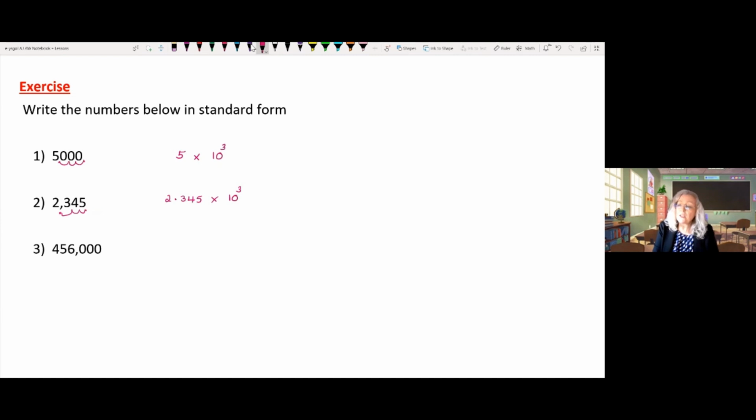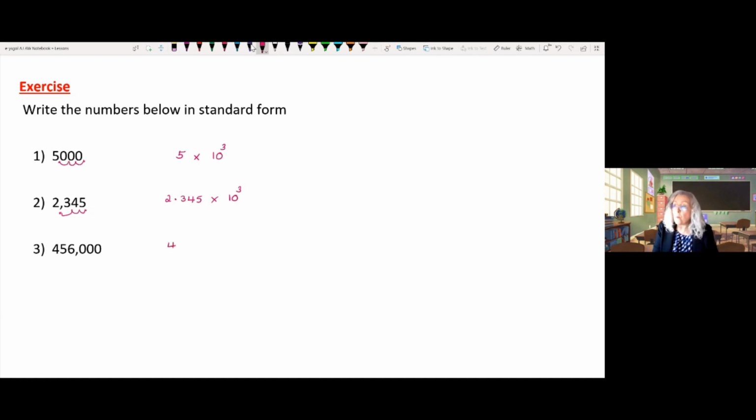Now, notice with this that sometimes people make a mistake and think that you need to count the number of zeros in order to work out what the power would be. But that isn't the case. If you look at this, that did work for the first one. There were 3 zeros and it was 10 to the power of 3. It doesn't work for the second one because there are no zeros here and it's still 10 to the power of 3. So a common mistake that people will make with the last one is they'll get the first bit right,